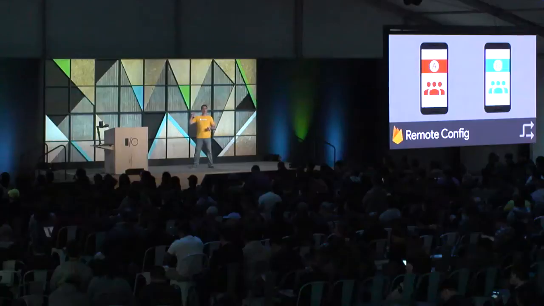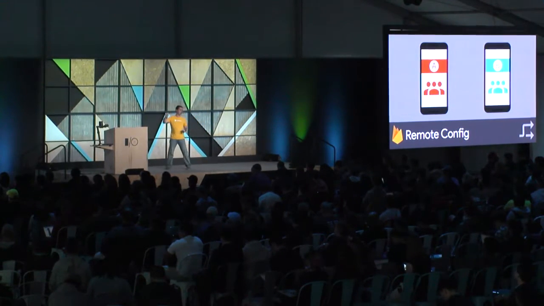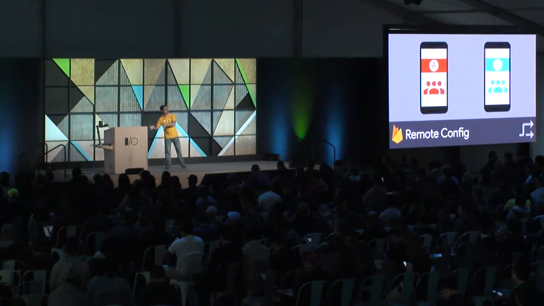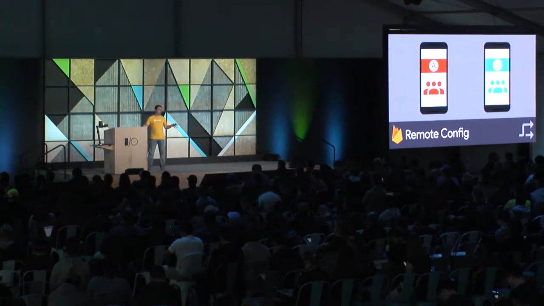But with remote config, what you can do is essentially create a switch in the dashboard to say, I want to switch from the old experience to the new experience immediately. So you can be sure that everyone who's using your app gets the experience you want at the time that you want it. And as a side benefit, if something goes wrong with that new experience, say it's causing the app to crash, you can turn it off, right? You can revert features that are having problems with the flip of a switch.